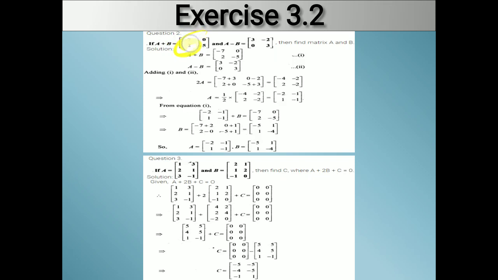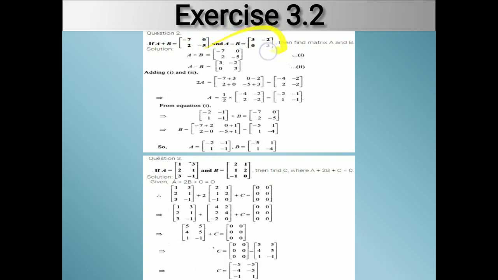Now minus 7 is A11 of matrix A. A11 in the sense first element of first row and first column. This minus 7 is added with 3. So here you get minus 7 plus 3. Then 0 is added with minus 2. In addition or subtraction, you add elements to the elements. But in multiplication it is different, row to the column. The elements of a row will be multiplied with the elements of a column, but in addition and subtraction it is element to element,